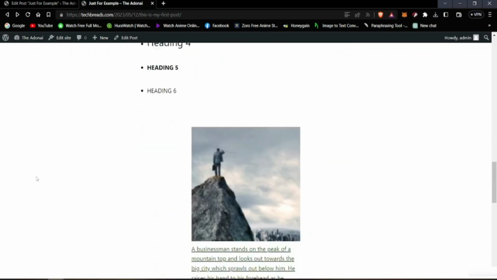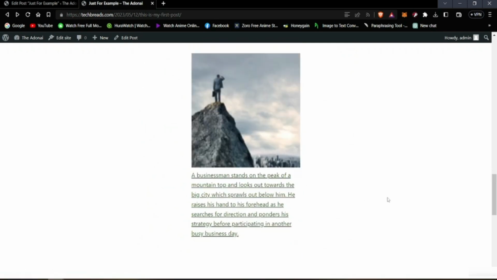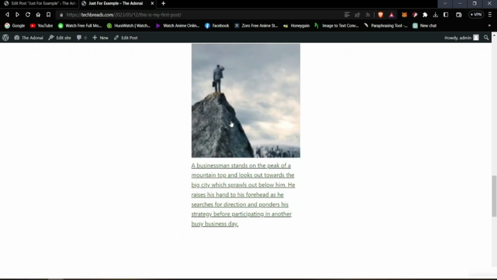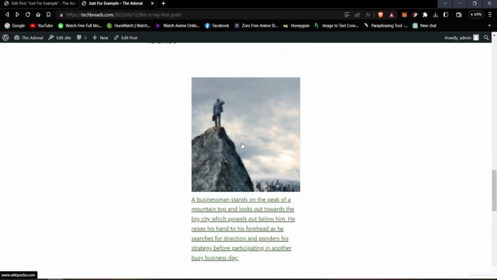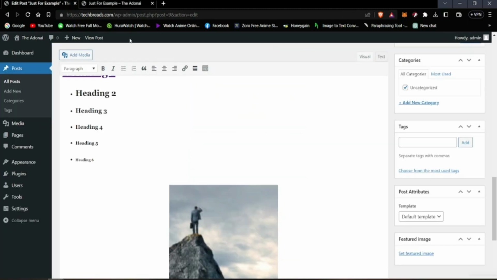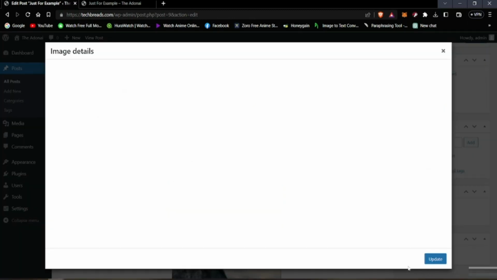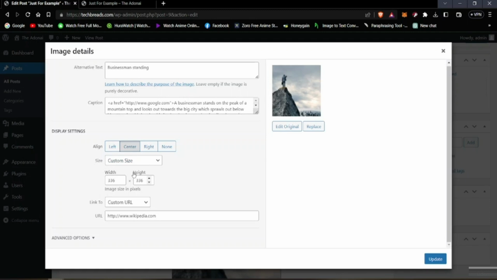and now that it's done, you can see there the image. Now in this case the image is a bit blurry. That's because I set it up as a thumbnail. So if I want to edit this again, go to image details,